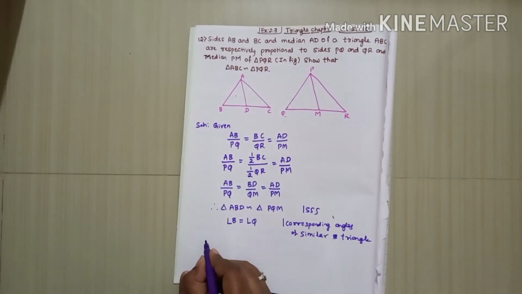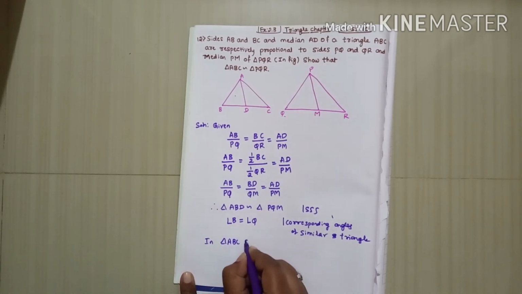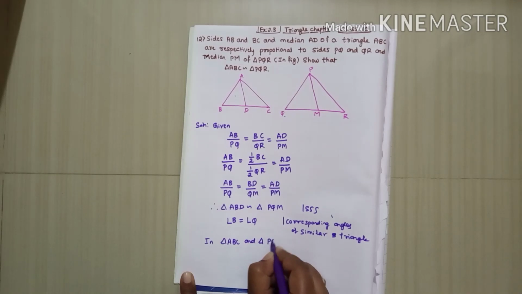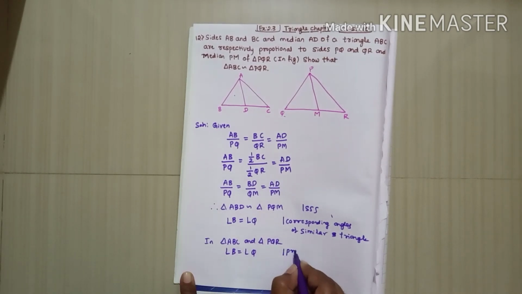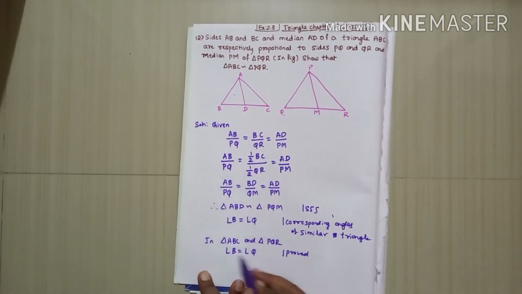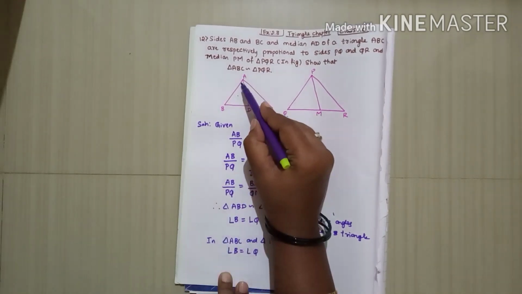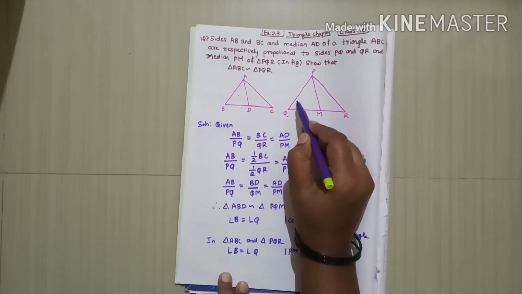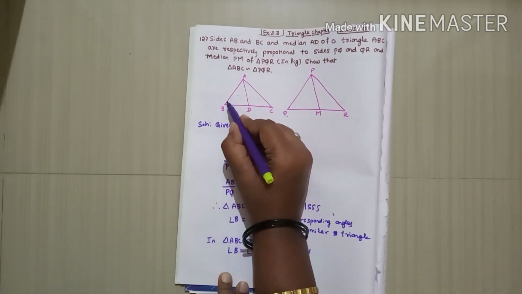Now you have to consider those two triangles, triangle ABC and triangle PQR. One result we already got: angle B is equal to angle Q. It is already proved. You write it. One angle is equal, we proved. One more thing, either two sides are proportional or one more angle is equal, we want to prove. But we already know AB is a side of triangle ABC and PQ is a side of triangle PQR, and BC also, and this angle is equal.